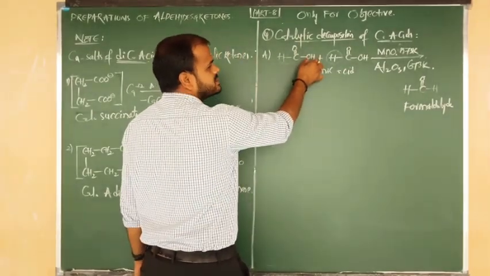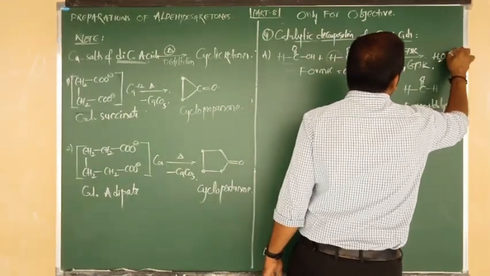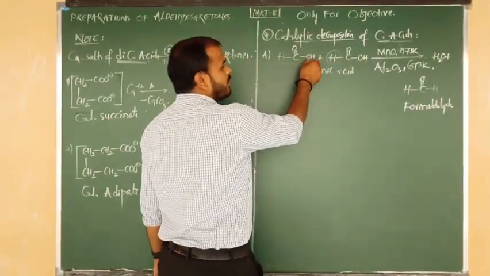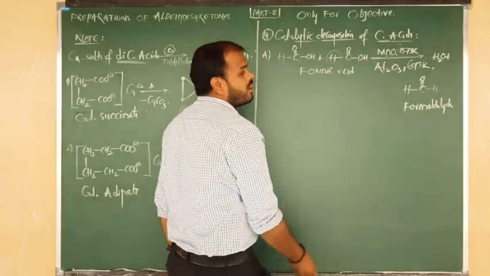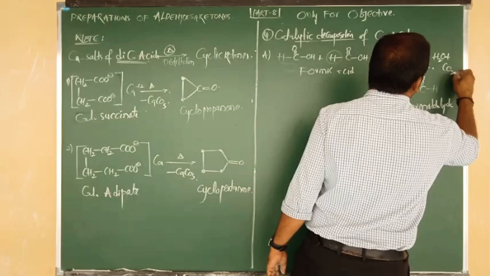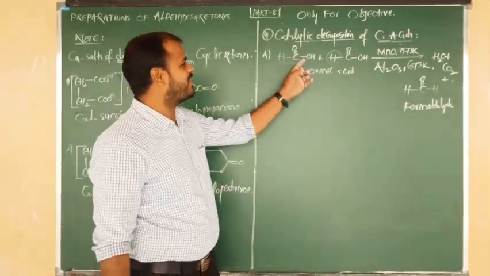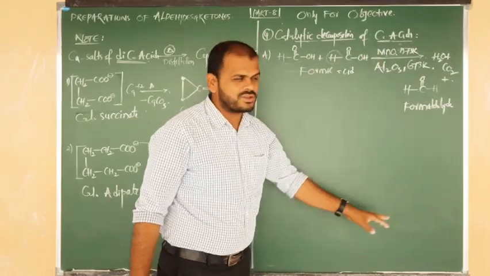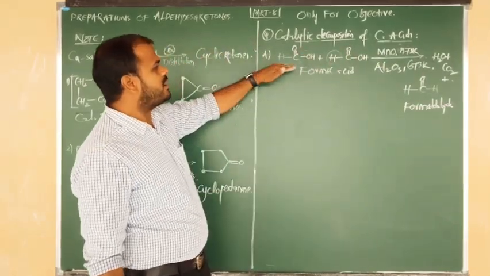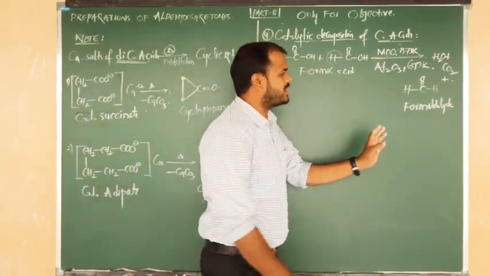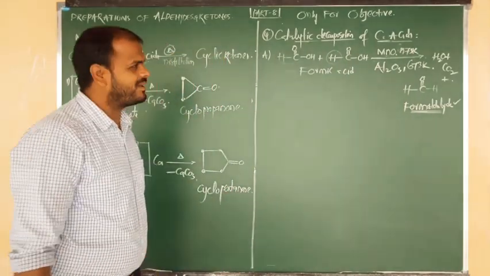The remaining is OH minus. OH minus combines with H plus and is eliminated in the form of a water molecule. The remaining COO we can remove in the form of CO2. So how many products are we getting? Three products. OH and H in the form of H2, COO removed in the form of CO2, and H attacks the HC double bond O group. You are going to get the first, very important product, which is formaldehyde. Okay now?